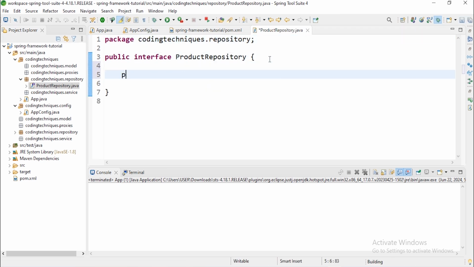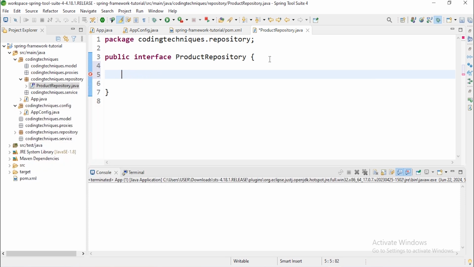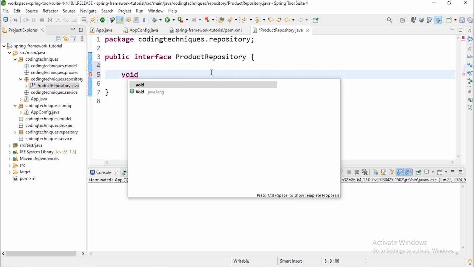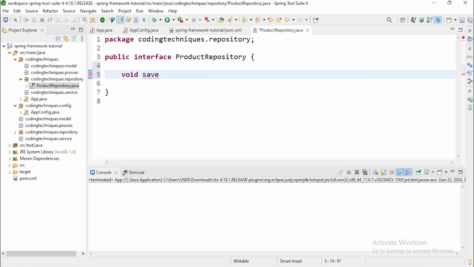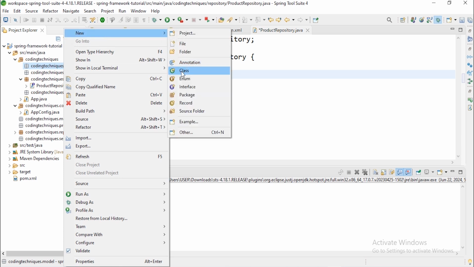Okay, and we will have a public method, just void, it is an interface, save product, okay, or save order as we have in the architecture. Save order, and we will need to have a model, which we can pass the product as the parameter of this. So new class